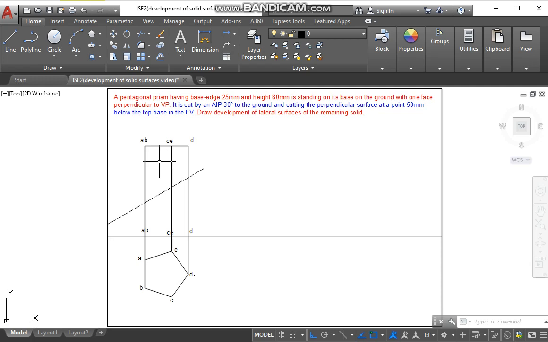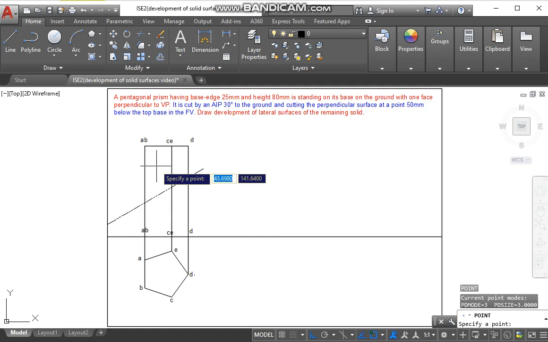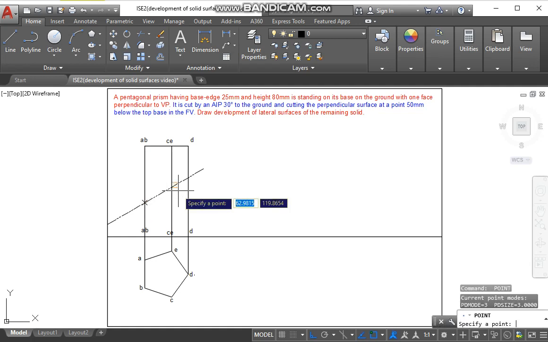So now we'll mark the points. Now we'll mark the points of cutting by the section line. So on the edges AA and BB, the section plane will be cutting 2 times. Similarly, on the edges CC and EE, the section line will be cutting 2 times.